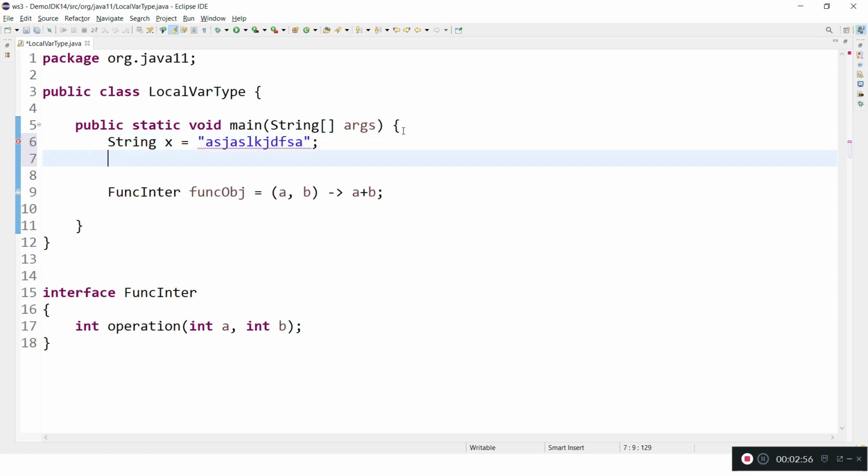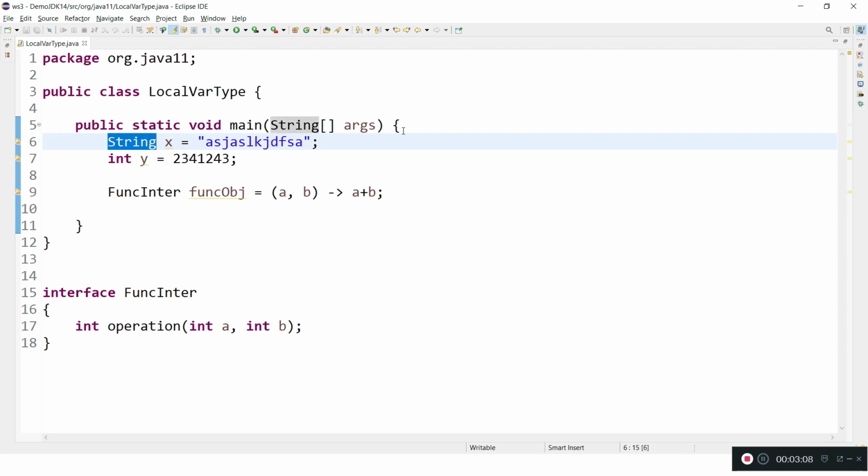And if I want to create an int y, this is how I create an int variable. But for local variable type, instead of giving the exact type, we give var. Var is a keyword we can use in place of any data type.